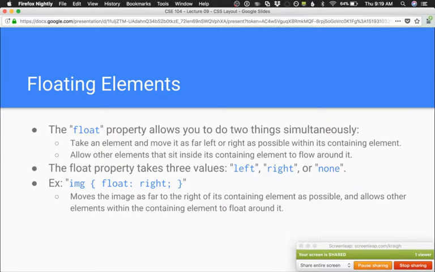Okay, floating. The float property allows you to do two things at the same time. It allows you to take an element and move it as far right or as far left as possible within its containing element. And it also allows the other elements that sit inside its containing element to flow around it. Float was designed for, and you can think of it as,